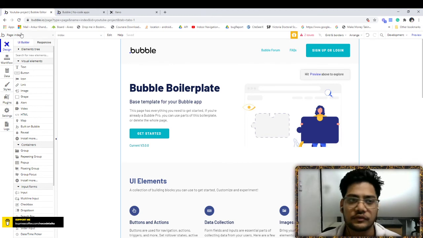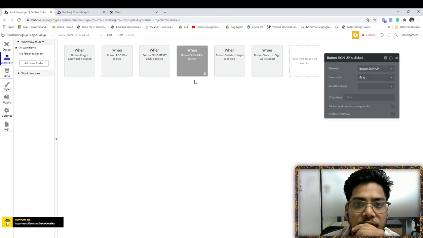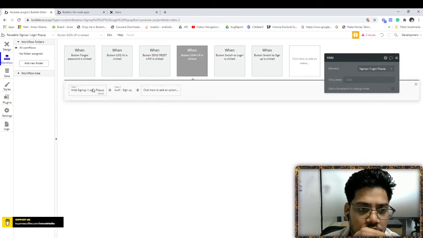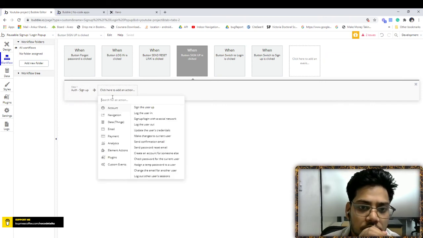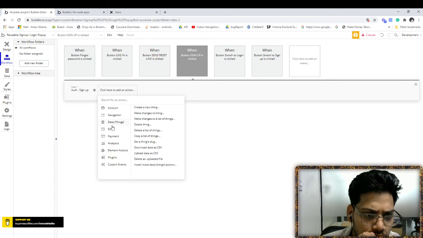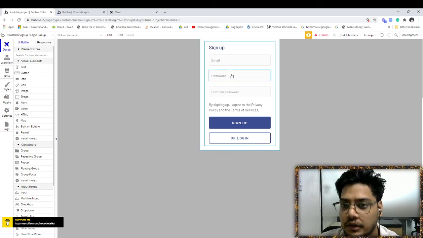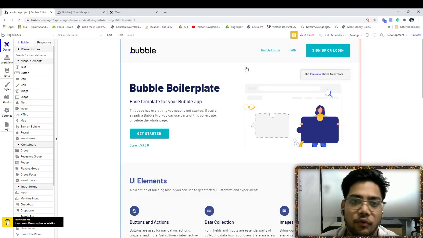I'm just telling you one more thing. Go to the sign up workflow, and after this, for example, you want to show this page, which is your dashboard.